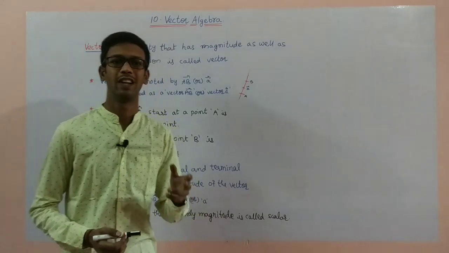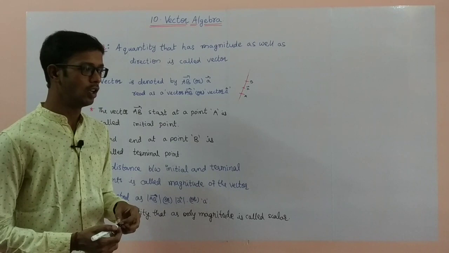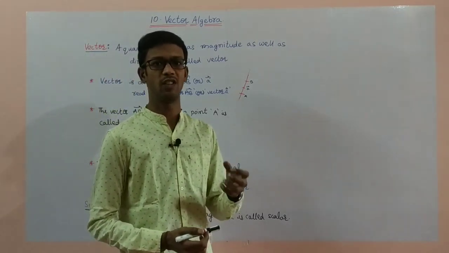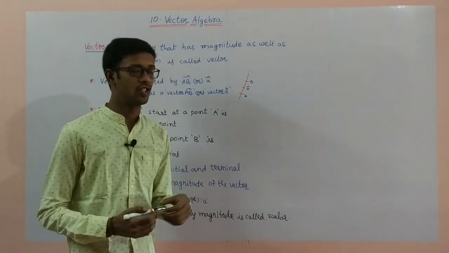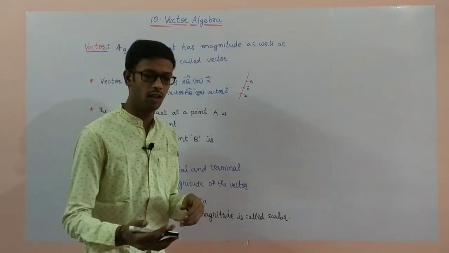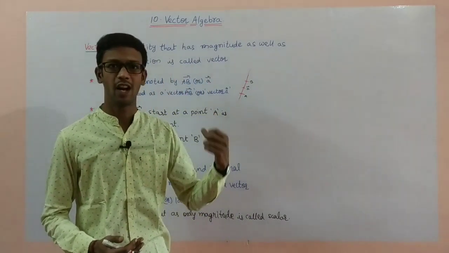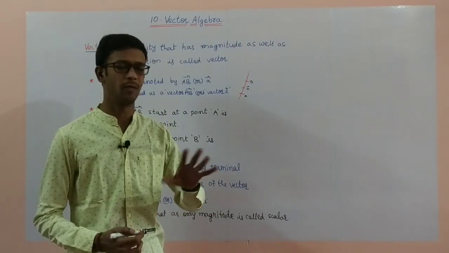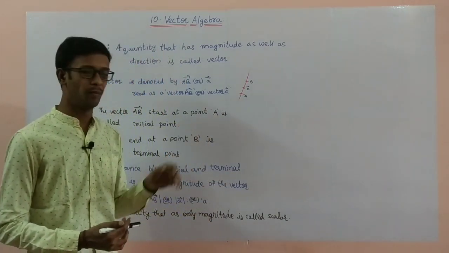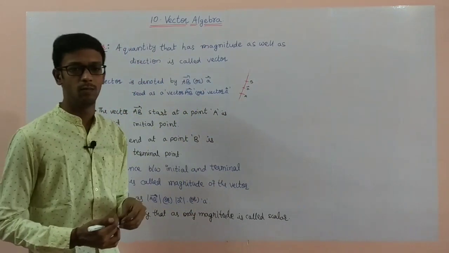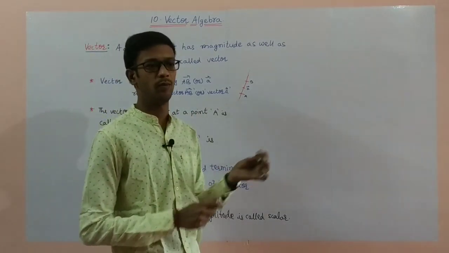Why? Because it will carry 3 marks questions, 2 marks questions, and 1 mark questions. Especially this chapter is very important for 3 marks and 2 marks. So now we'll start vector algebra. In first year we had vector algebra in physics also. It is a similar concept, but here we'll solve the problems mathematically and do the simplifications. Before going to the vector definitions, we'll see some small basic concepts.